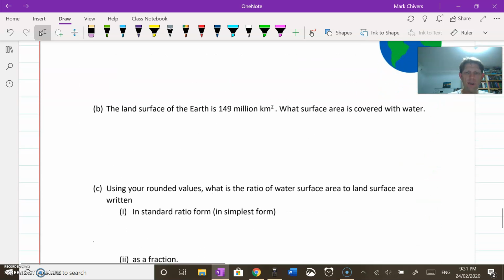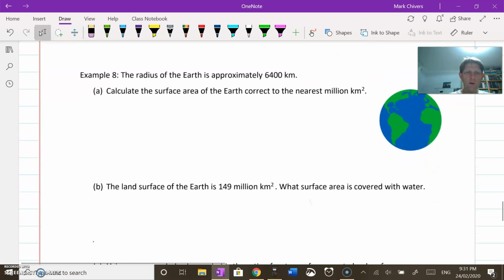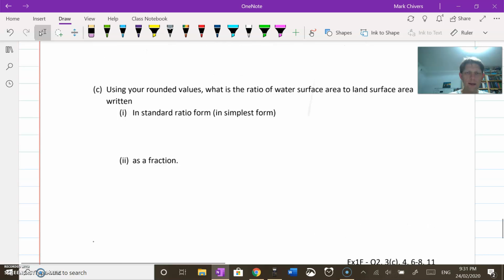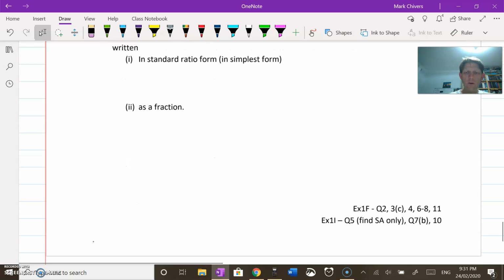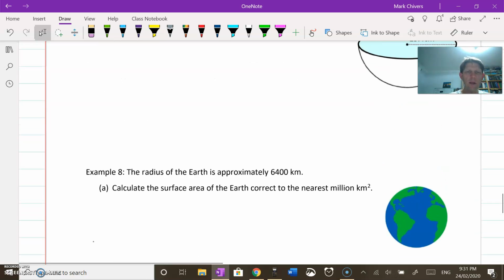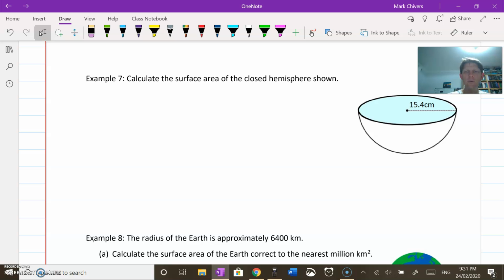Now, we've got a few other examples here. I'm going to leave the Earth question. I would like you guys to all have a crack at that and see what you can get as an answer. So that's example 8. I want you guys to do that before you have a go at the questions in the book. But first, I'll quickly do a hemisphere